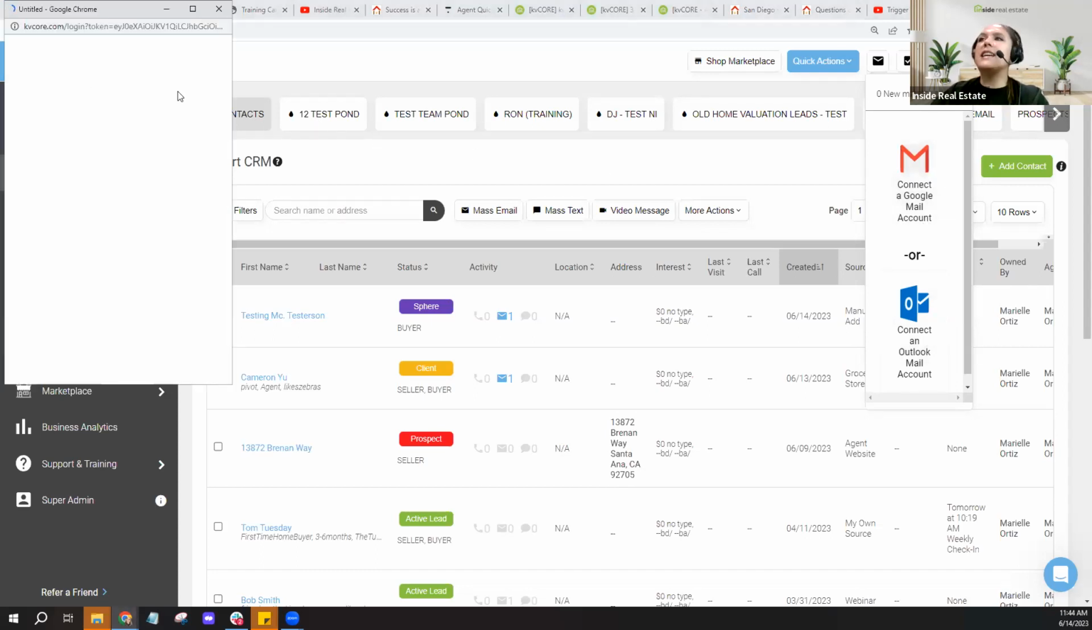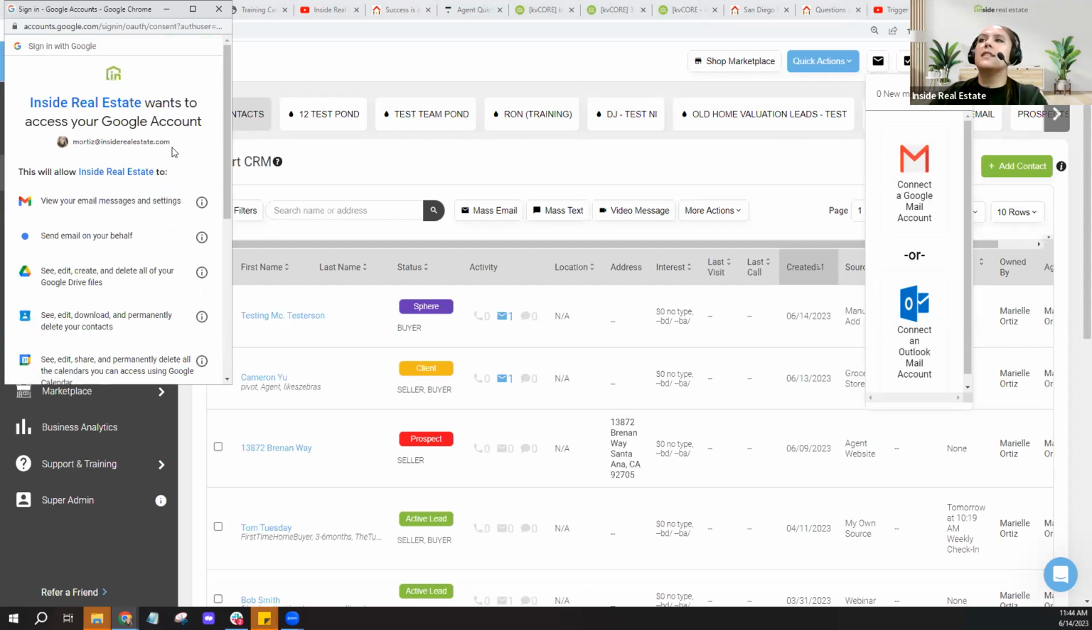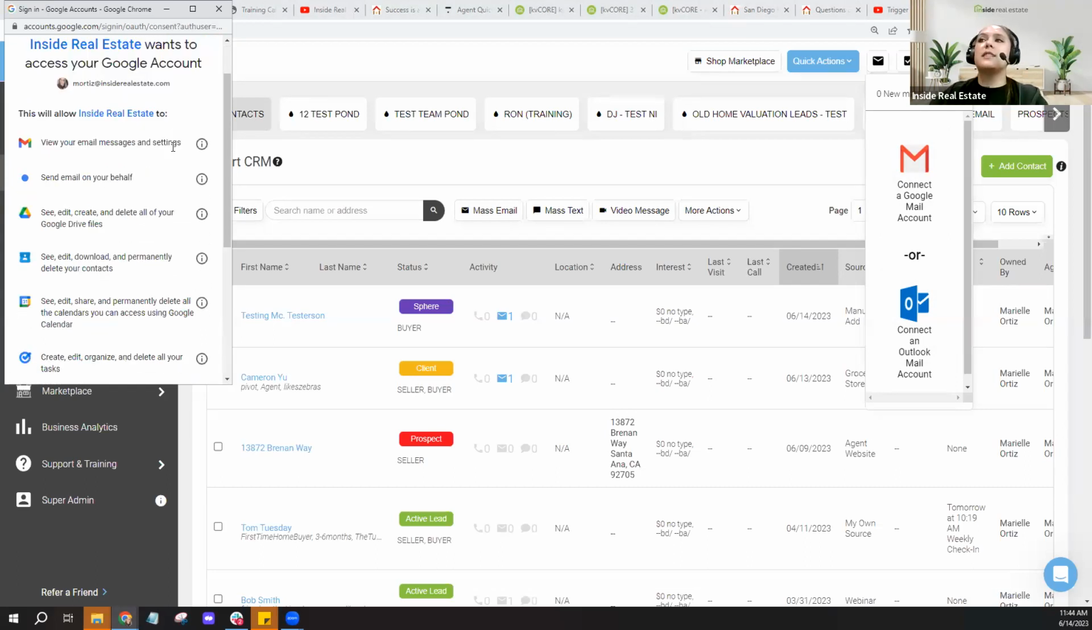And hopefully you guys can see the little pop-up box that's showing up on the left-hand side of my screen. It's still loading here. And it's asking me to choose which email address I want to sync over. Once I go ahead and choose my email address, it's just going to ask for permission for this information to